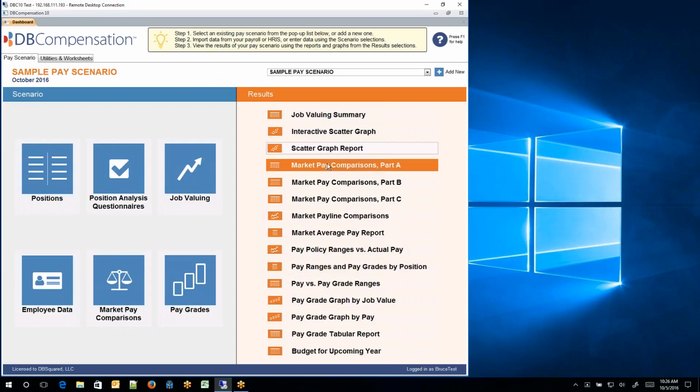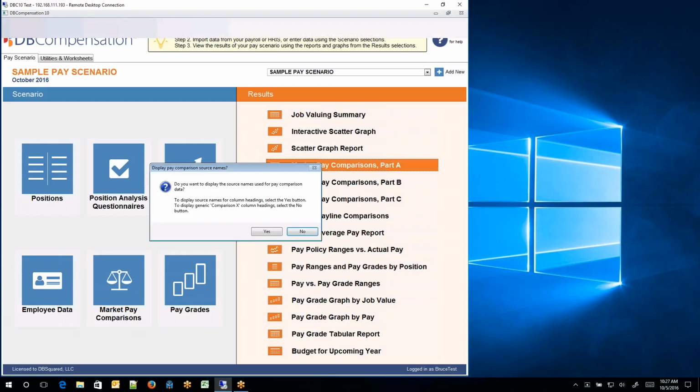Market pay comparison used to be salary comparisons. Part A is the first 4, Part B is the next 4, and Part C is the last 4. So if you have the first 4, Part A, if you don't have any more than that, Parts B and C won't show up. If you have more than 4 surveys, comparisons or market pay comparisons, then Part B shows up 5 through 8. Part C would be 9 through 12. If we click on Part A